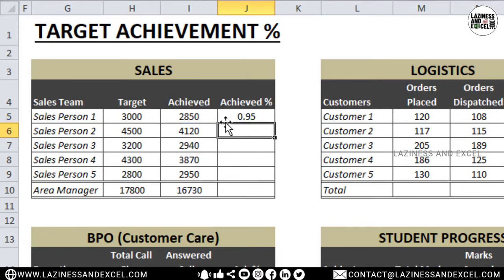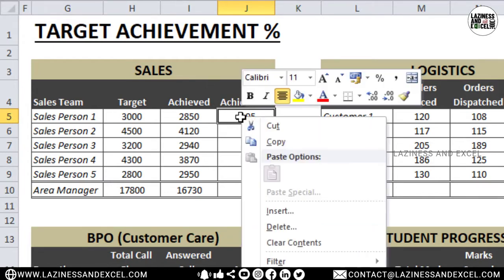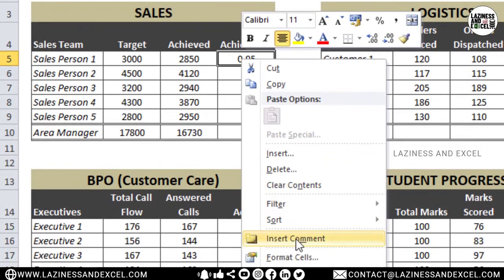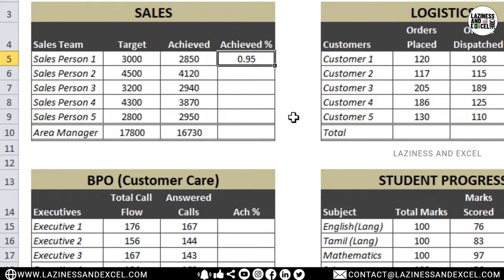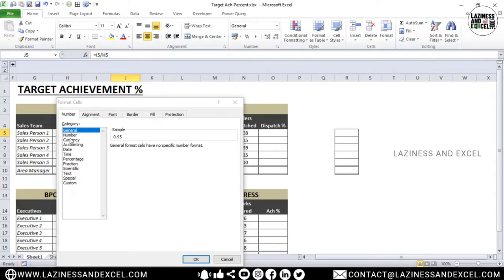Here I am getting 0.95 as a result. To convert it to the percentage format, all you need to do is open the Format Cells dialog box by right-clicking on the cell and selecting Format Cells. Under the Number tab, select percentage, set the decimal places to 0 and hit OK.